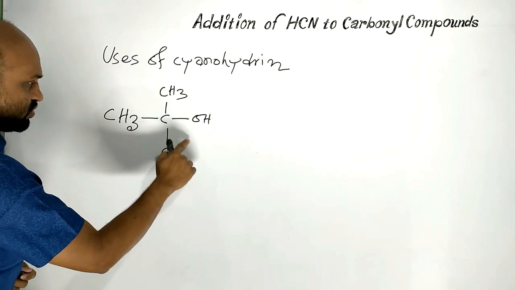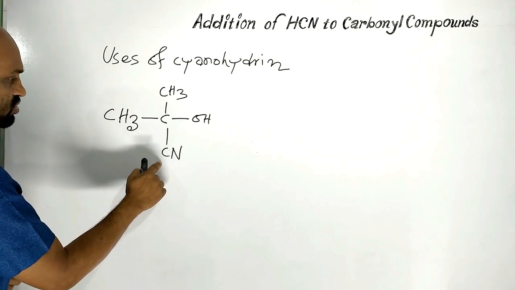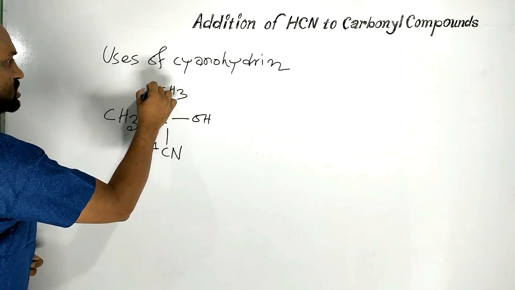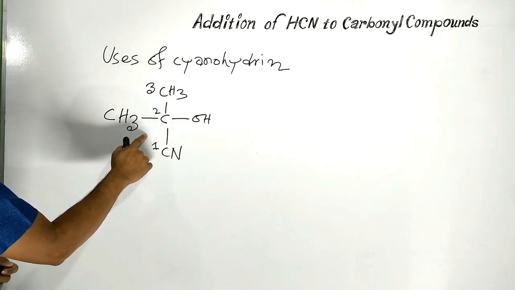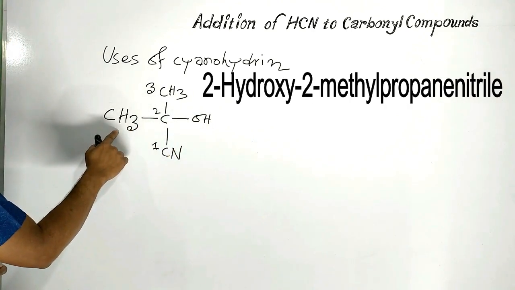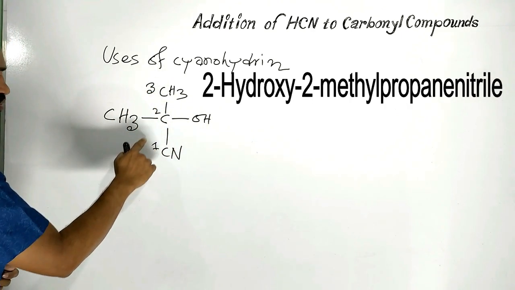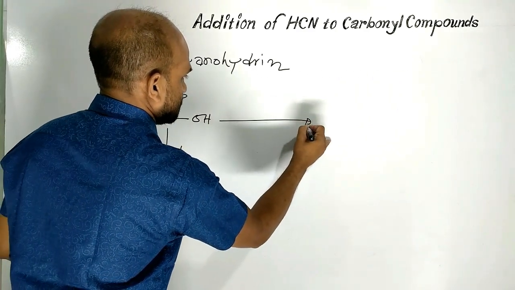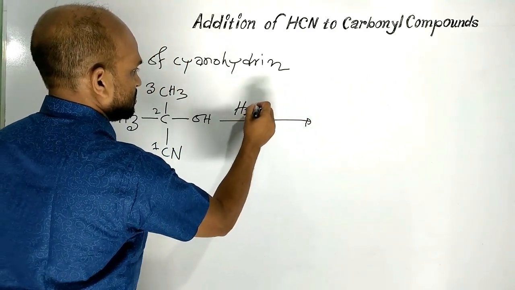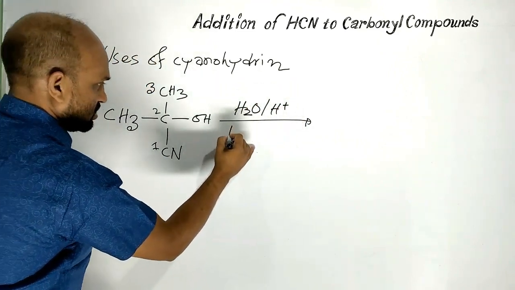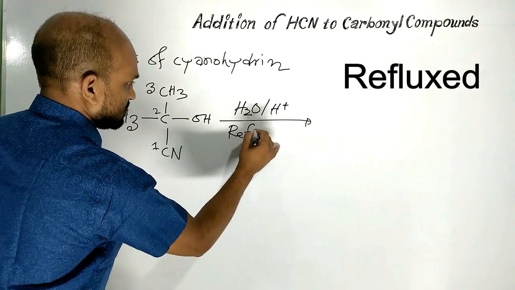That is, functional group contains carbon. So this is carbon number 1, this is 2, this is 3. This compound is 2-hydroxy 2-methyl propanenitrile. When this is hydrolyzed in presence of acid and refluxed,